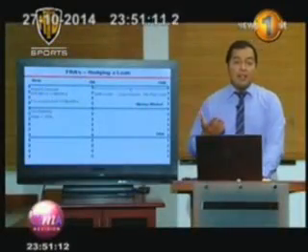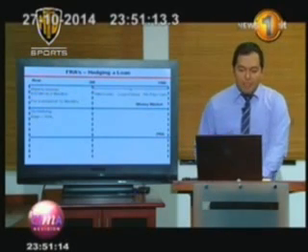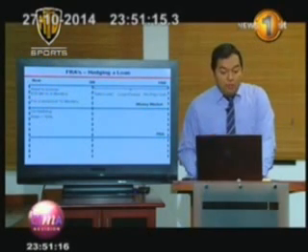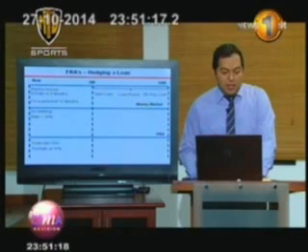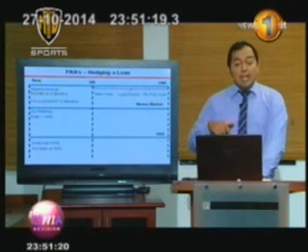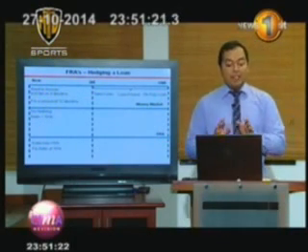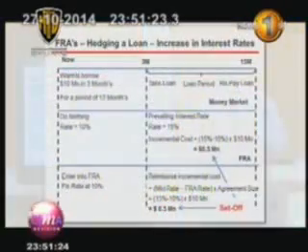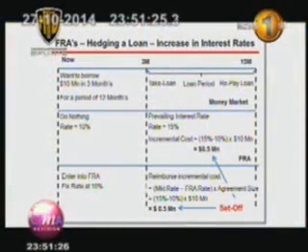What are the transactions you need to enter into? As at now, you do nothing on the money market, but you enter into an FRA and we'll fix your rate at, let's assume, 10%. Okay? So what does that mean? No matter how your interest rates move on the market, your interest cost should be fixed at 10%.